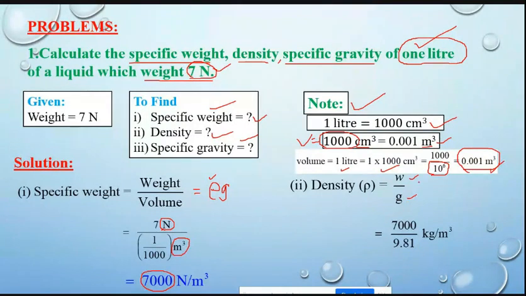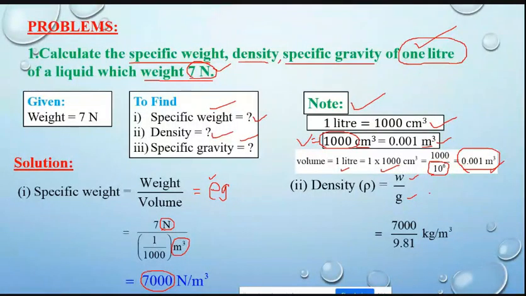So what is the unit for gravity? 9.81, no, I'm not asking about the value, the unit. I'm asking about the Newton unit. Do you think it is Newton? It is not Newton, Kana.